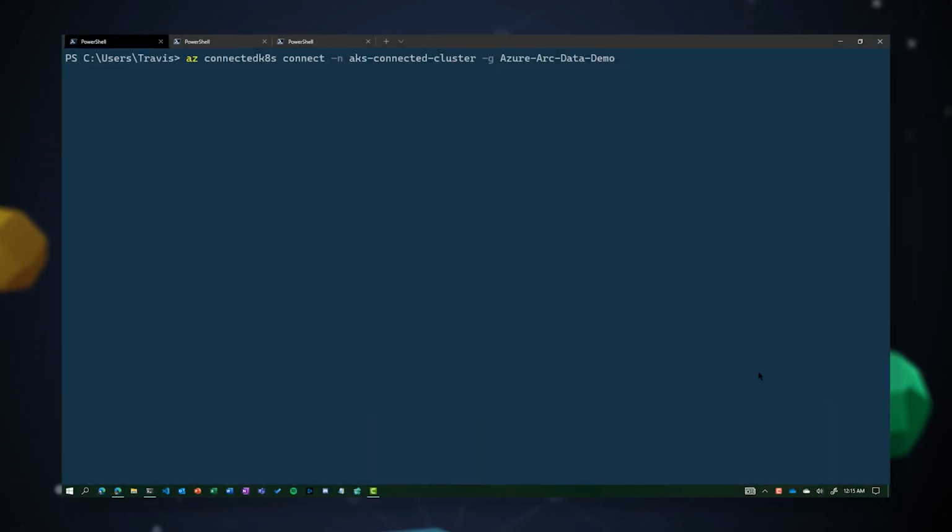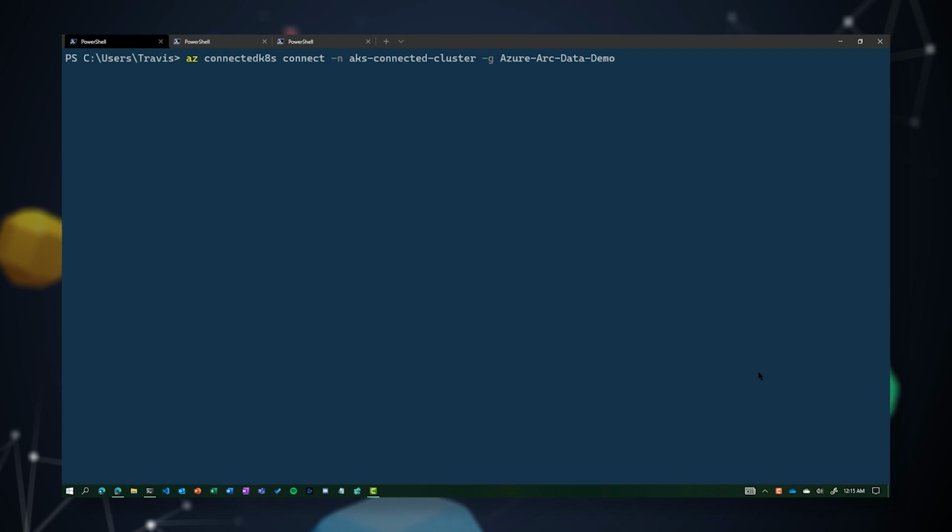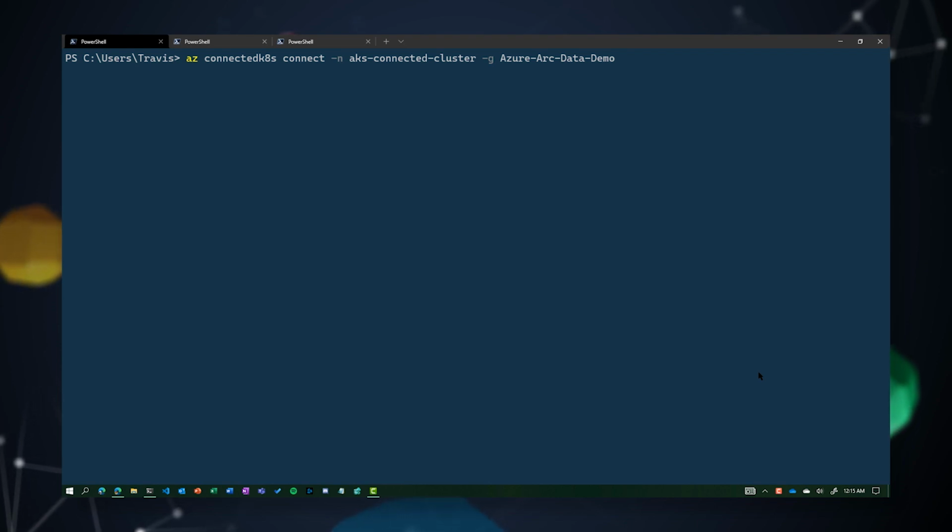All right, so diving right in here, the first thing I wanted to show you, Thomas, is how we can get everything set up from basically just the point where I have a Kubernetes cluster and I'm ready to connect it to Azure and then be able to deploy the data controller, start deploying some Azure SQL instances onto it, and then be able to manage it from Azure using that directly connected mode that we talked about. So the first step in this